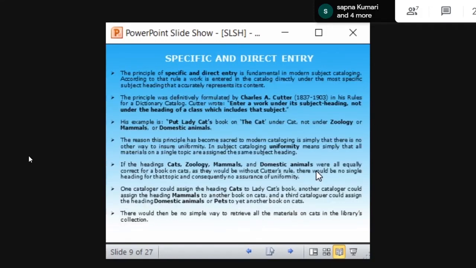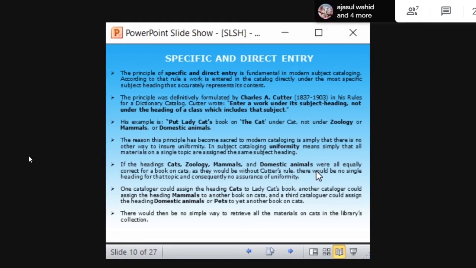Okay, fine. Some of the principles of the CR list of subject headings: main, specific and direct entry. This is one of the important principles. Now we are going to discuss the principles. Specific and direct entry. We know what specific is, right? It should be accurate and specific about what it is talking about. Similarly, direct entry should be direct. Instead of saying students, which is a general term, direct means MLIC students. I am talking only about MLIC students. I am directly saying so.